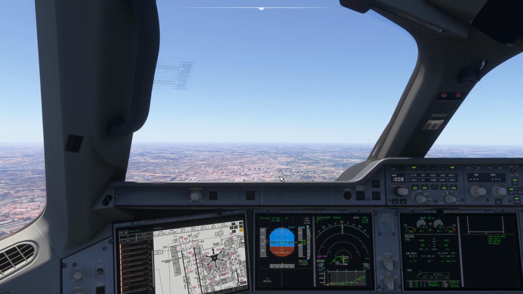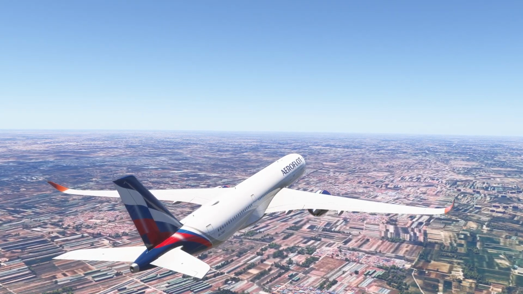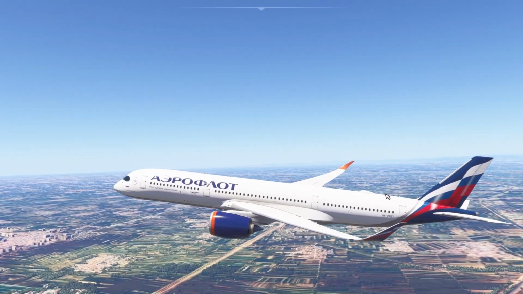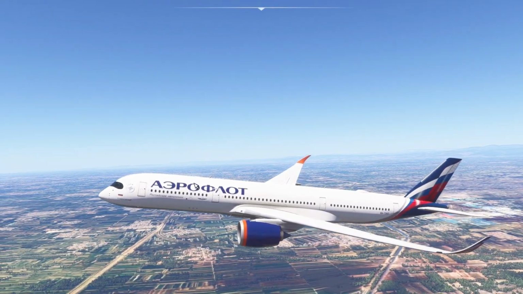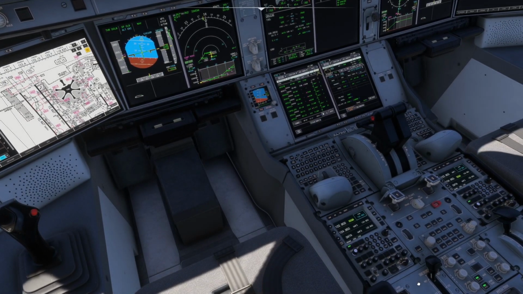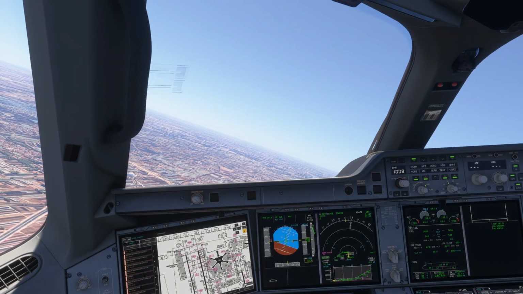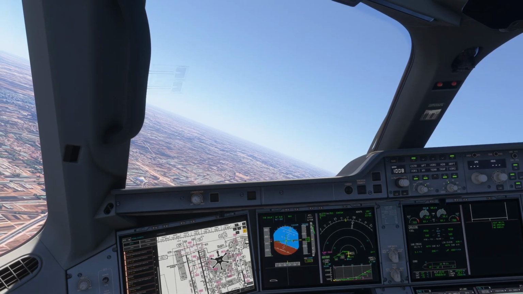Whoa, it's very turbulent. Jeez. There's like no mountains here. It's flat lands. Well, there are a bit of mountains there, like some hills, but really? Is it this turbulent? Probably because of the wind shear.